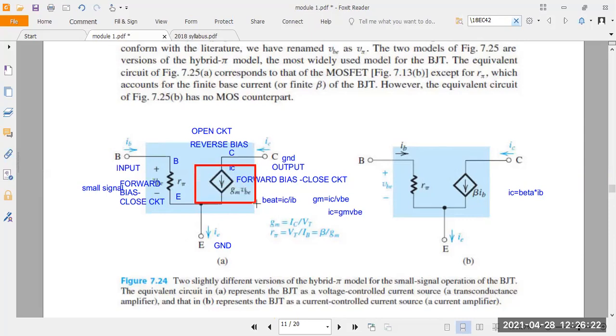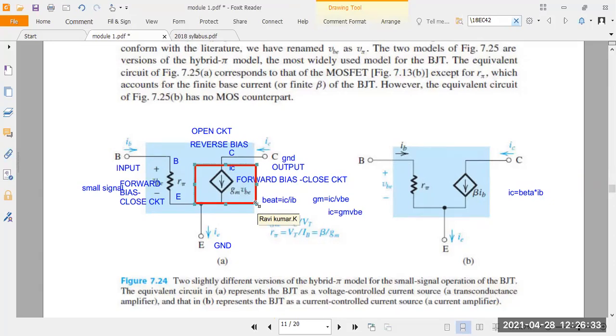This one is the current source. Current source means, for the collector side, we are maintaining the maximum current. Maximum current we are maintaining here because this is the path for the current flowing from power supply to ground. Power supply means VCC, and the ground means the emitter terminal. For that, you have to choose the current source here.